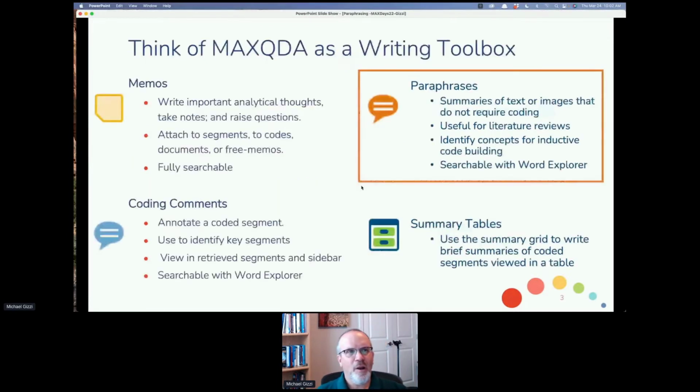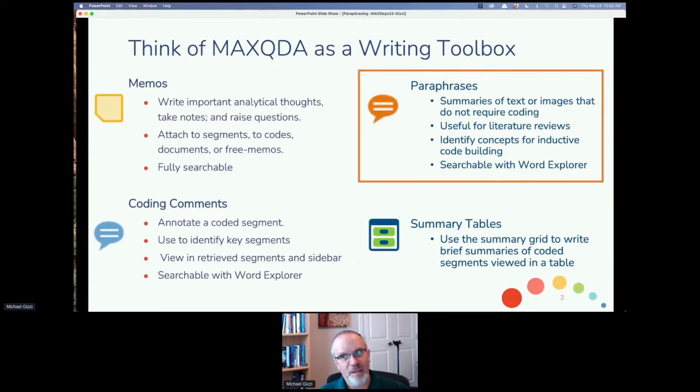I want you to think of MAXQDA as a writing toolbox with four primary tools that are used for writing. We have memos, coding comments, paraphrases, and summary tables. A memo is something which you use to write important analytical thoughts, to take notes, to raise questions.